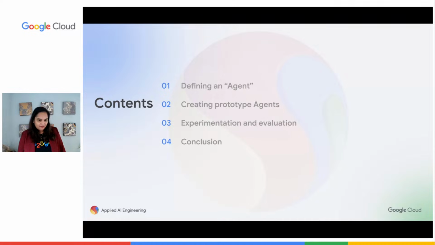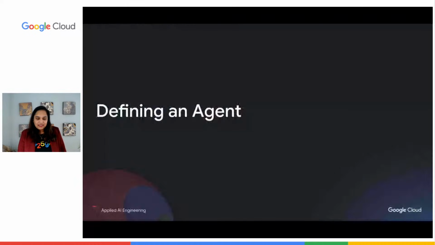And then towards the end, we would talk about how you could start thinking about experimentation and evaluation for your use cases. And we'll close it out with some key points which we think would be valuable as you start experimenting in the agent space. So let's jump into theory.